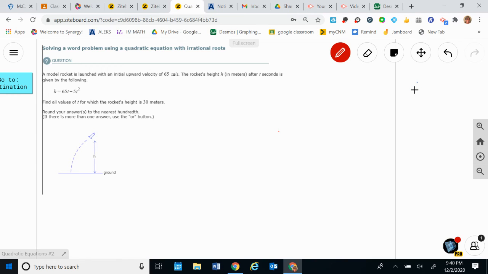Okay. So it says a model rocket is launched with an initial velocity of 65, blah, blah, blah. The rocket height in meters after t seconds. Okay, so h is the height. That's important. T is the time that it takes. Find all values of t. So we're looking for t, for which the height of the rocket is 30. So now h equals 30. So formula, substitution,